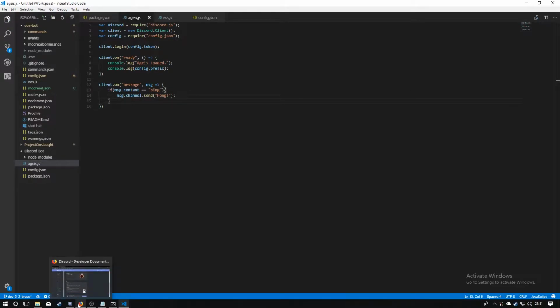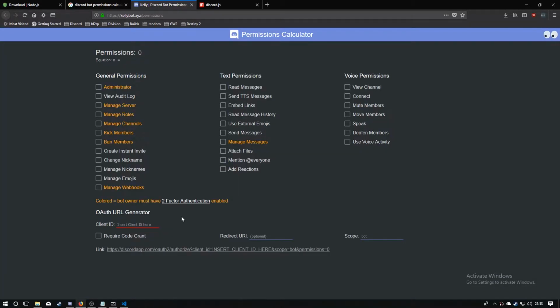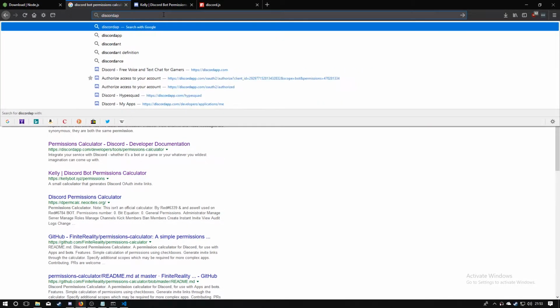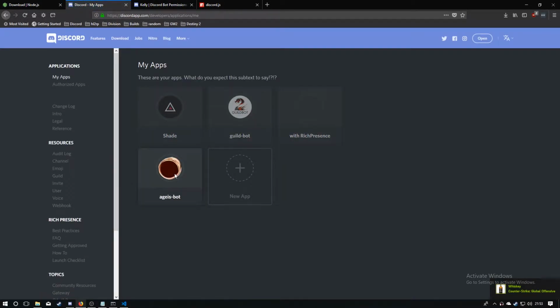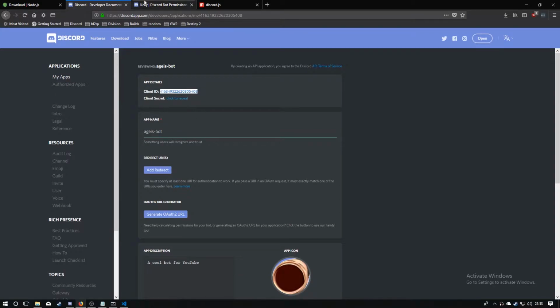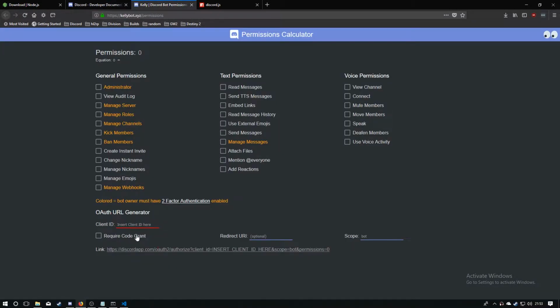Now there are a couple of things you want to do to invite your bots. There is a cool website, kellybot.xyz/permissions, and this essentially will calculate the permissions for you and generate a link. So we're going to want a couple of things. Firstly, we're going to want an ID. So we're going to go ahead and get our client ID right there, which is this one at the top right. Just drop it in there. I'm going to give it administrator permissions, and there's nothing else really, no code grants we want, and this will essentially just generate a link for us. So this link, when we click it,